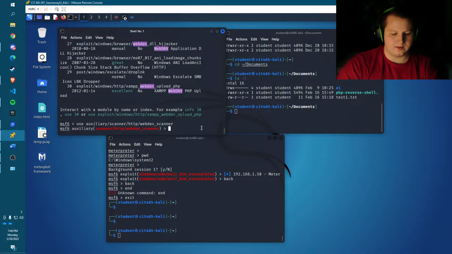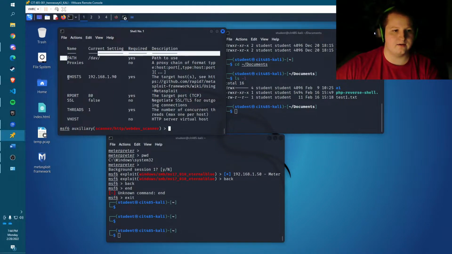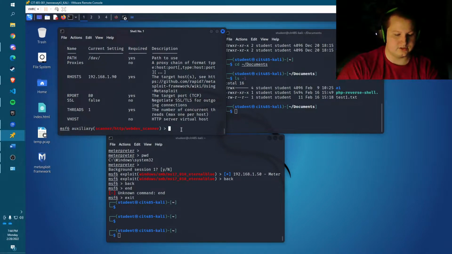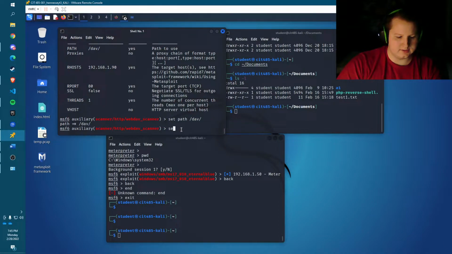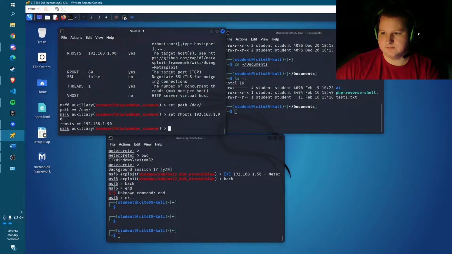Go ahead and do that, and then I'll type options so you can see what's going on. What we have to do is set the path and the RHOSTS. I've already done that earlier. The command for that is just set path to dav and then set RHOSTS to the IP of the remote server. Okay, so now that that's done, I'm just going to run a test on the server